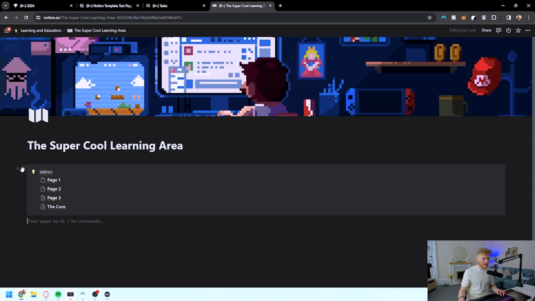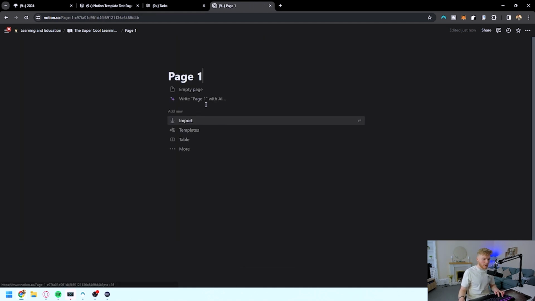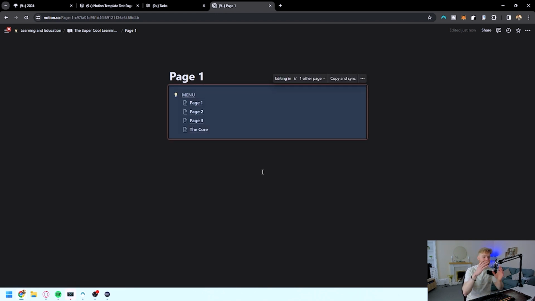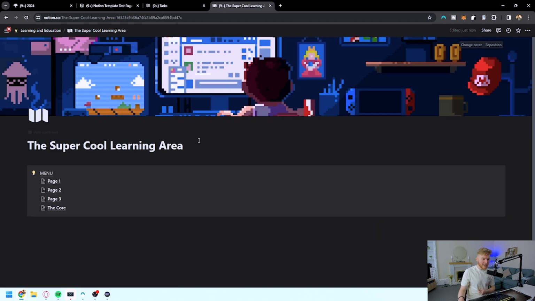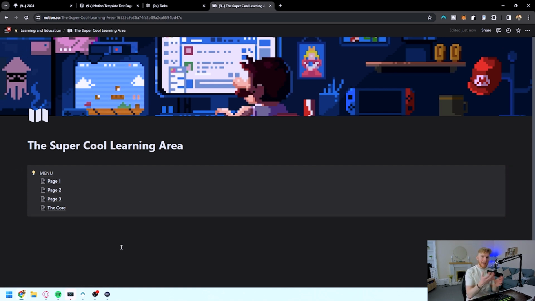Once you come over here and click the 6 little dots, you can copy the link to the block and you can come into page 1 and paste this block in. And you can see it's paste and sync. Now what we're seeing is the synced block itself in page 1, and it means that I can click menu and go directly back to the menu whenever I want without actually having to come in and out of the